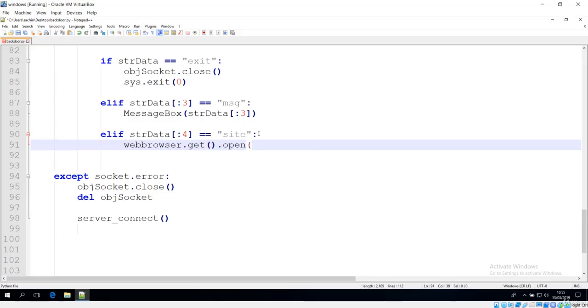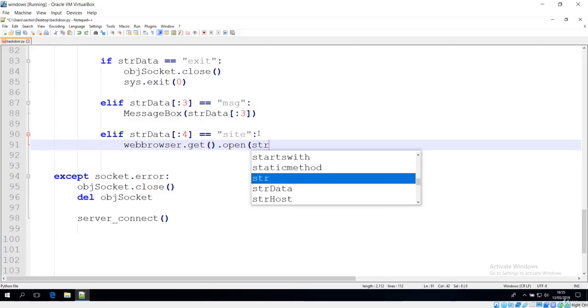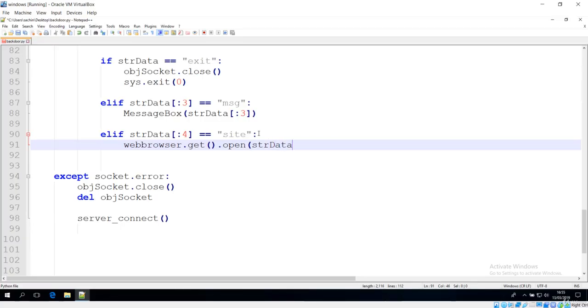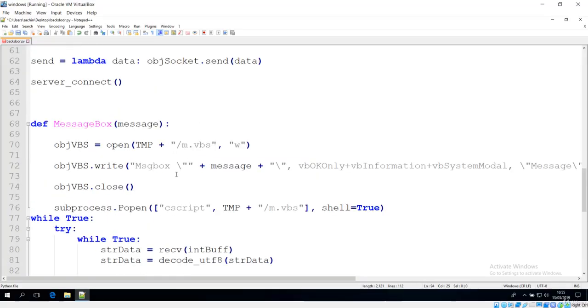There is an open command that will open that site, and in this case the site will be str data that is sent from the user, beginning with the 4th index. Let me close our open command, and that's it. We have made a program that will open the site on the web browser.